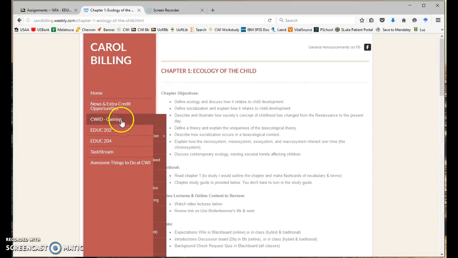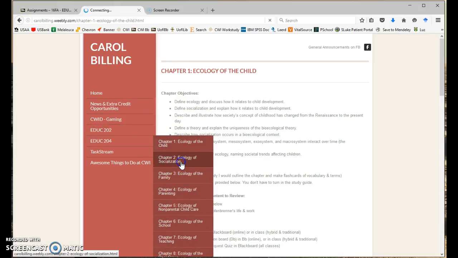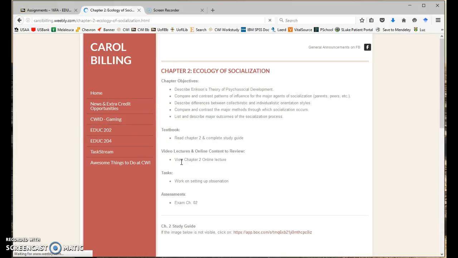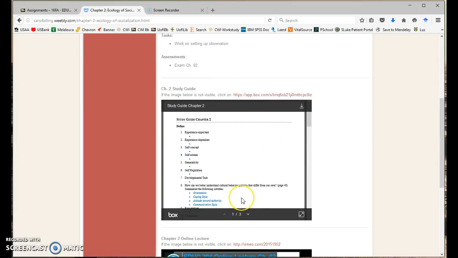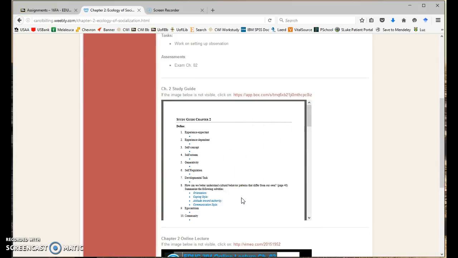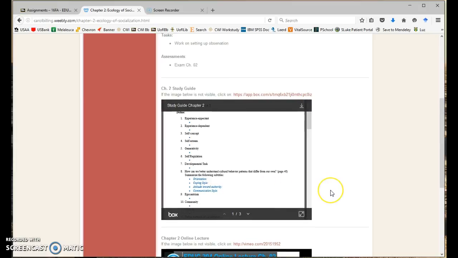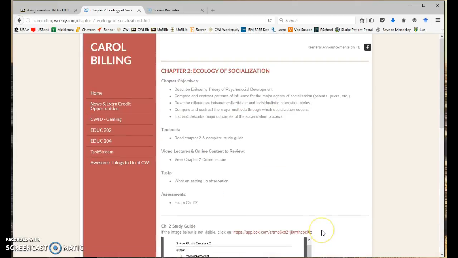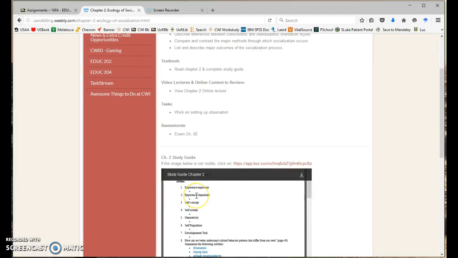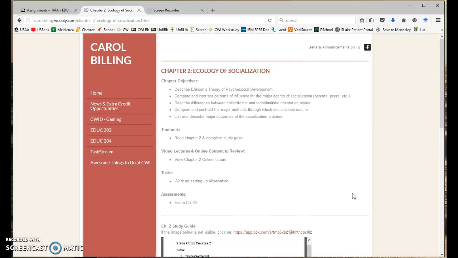All right, so that's Chapter 1, and then you go here and you go to Chapter 2. So I would say read the textbook. Well, let me take that back. I would say maybe review this. Decide if you want this to be on screen while you're reading and taking notes, or print it and write on it, however you take notes. And then maybe look through this stuff first and then read the chapter, because the chapter's more dense, but this helps you target your reading. Okay, I think that is enough for now.